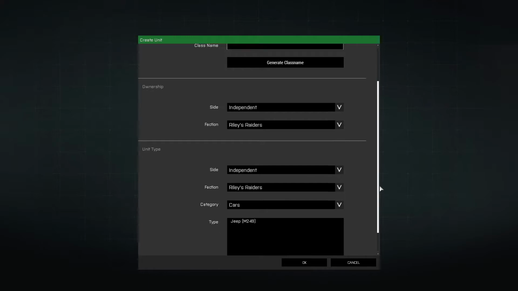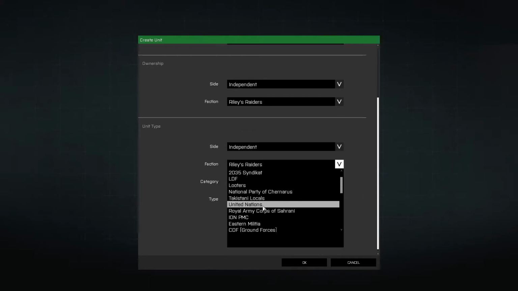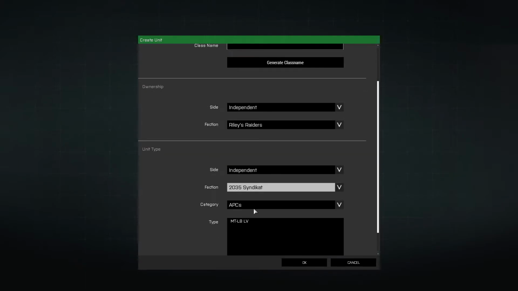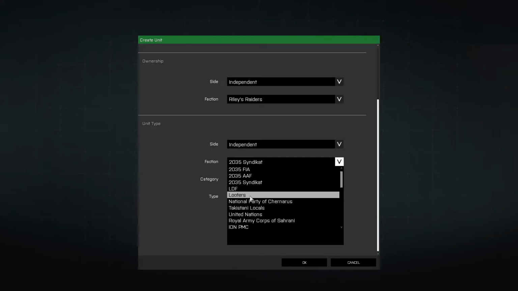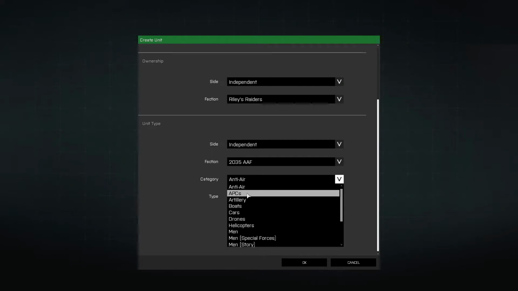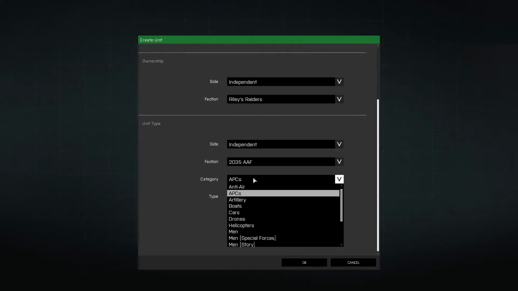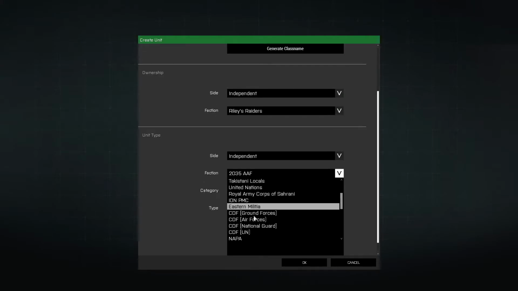Let's get one more car here, just because I'll show you in a minute why. Let's do a syndicate car. In fact, we'll do an AAF APC Warrior. But I don't like the way that those look, so I'm going to use...